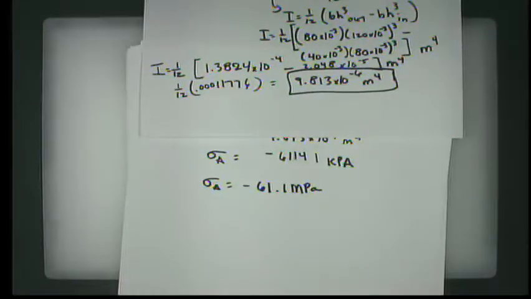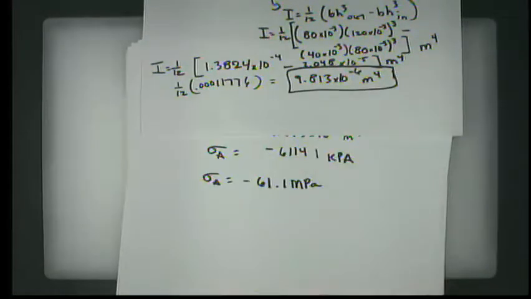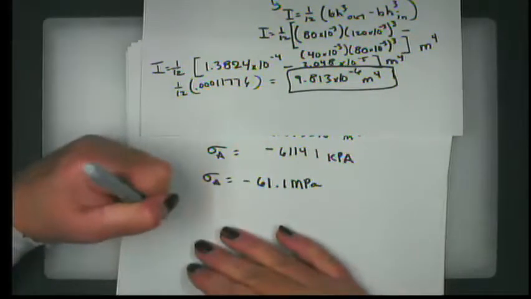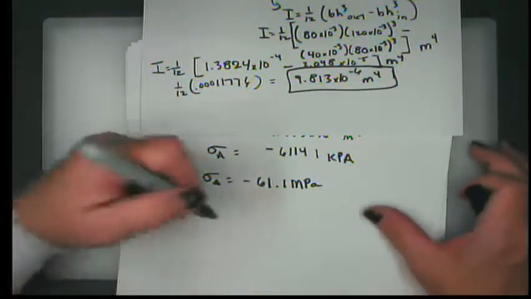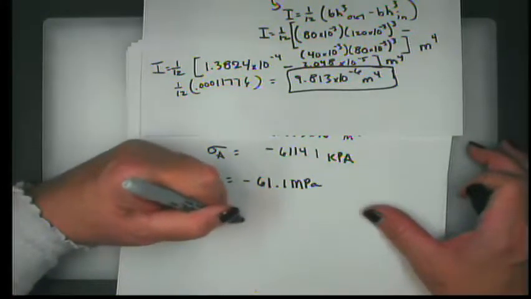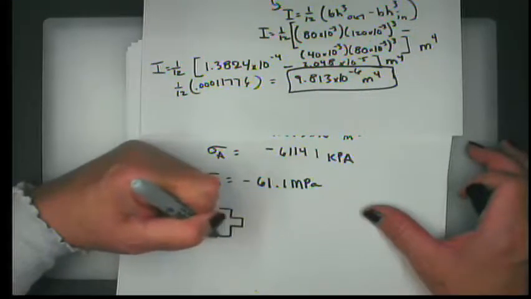All right, what I'd like you to do, because we only have 8 minutes left, for your homework, I want you to do 4.1b, and then I also want you to take a look at problem 4.2. And I'm going to give you a little lead-in on this, and you'll be finding the stress at 2 different points. When you find the moment of inertia of this shape,